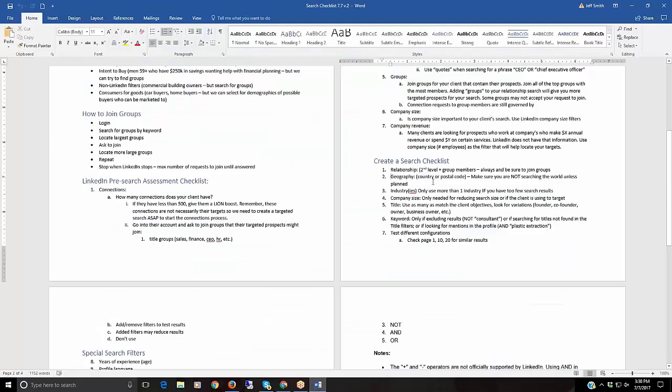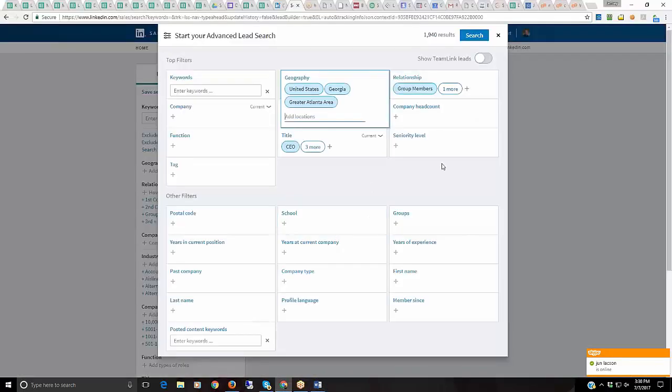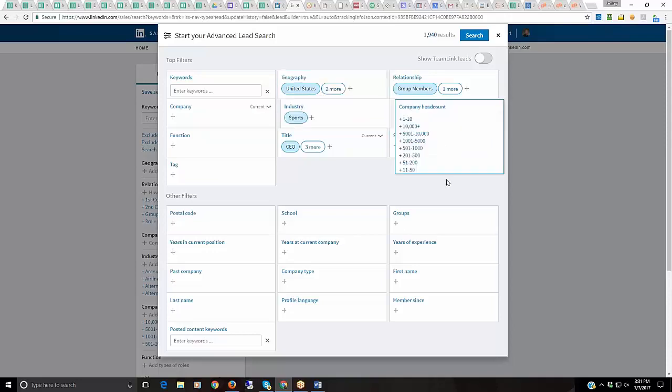The next is company size. Okay? Now generally, company size, unless your client says, I only want to work with small companies or I only want to work with companies that have 200 employees, I'm looking for a specific type of company, generally we don't use company headcount or company size unless we're trying to reduce the results. This one has 1,940 results right now. So how can I reduce that? If everything else is good,